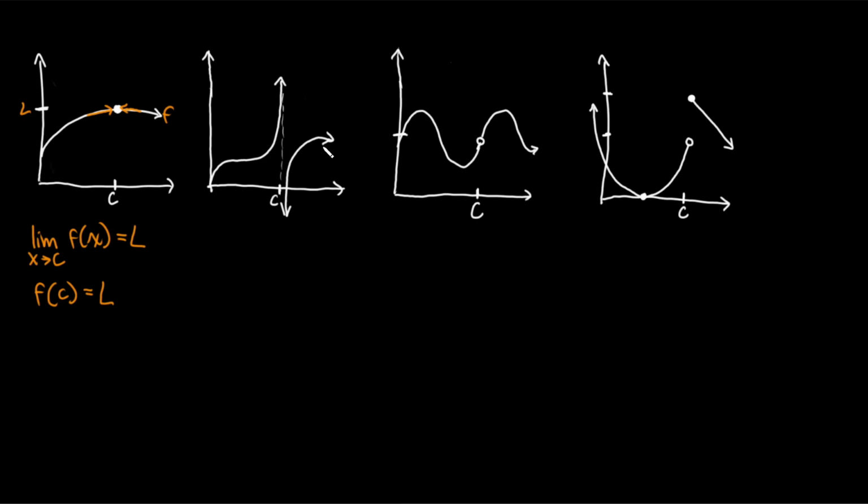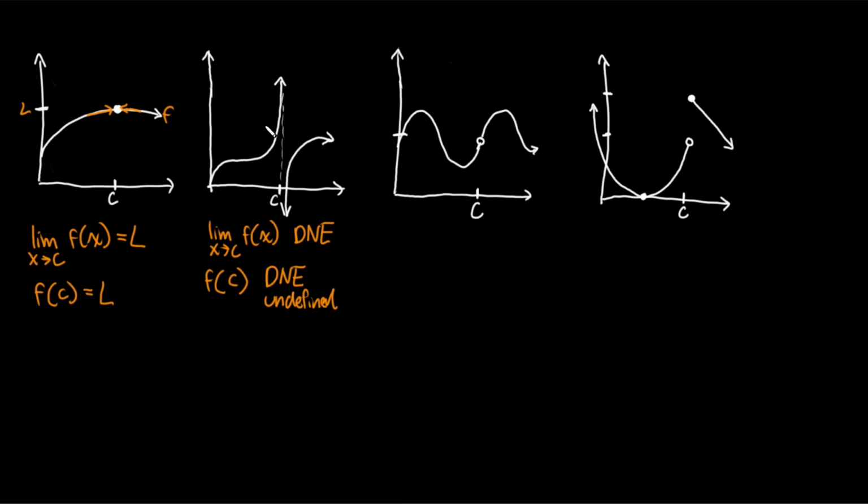How about this function over here? As we look at the left side, for example, it looks like we're approaching infinity. How about the right side? If we approach from the right side, it looks like we're approaching negative infinity. So in this case, we would say there is no limit because the function is not really reaching any point. I would say it does not exist. Similarly, if we plug in f of c, we don't really get an answer. So I will also say does not exist, or I guess the better word would be undefined,